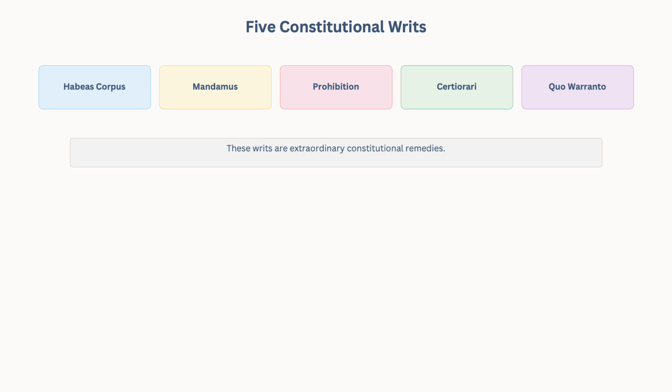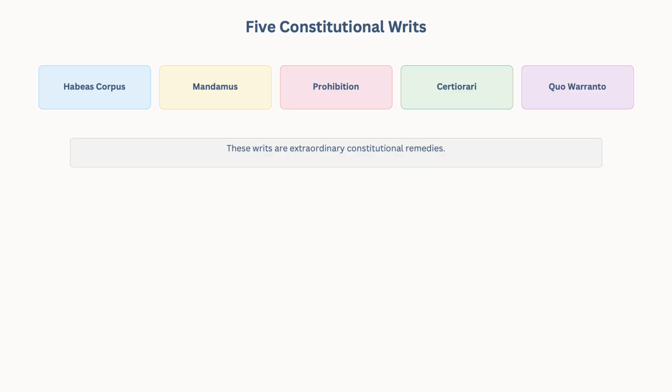You must perform your duty. Why are you not giving him the birth certificate? Why are you not giving her the birth certificate? Perform your duty. So if you go to a government office and they do not do the duty, they do not give you what you asked for, you can go to the Supreme Court and argue against it using mandamus. Okay, very easy to understand.